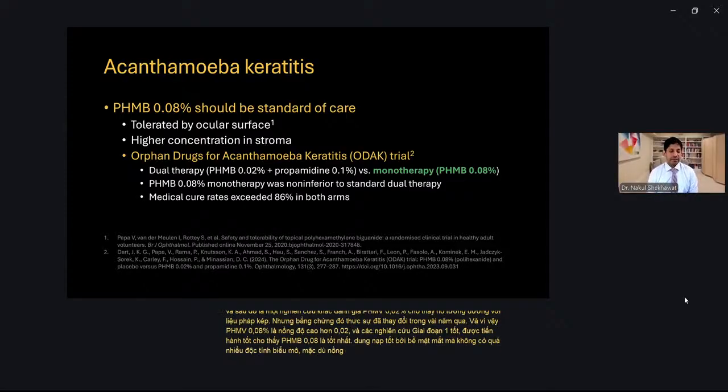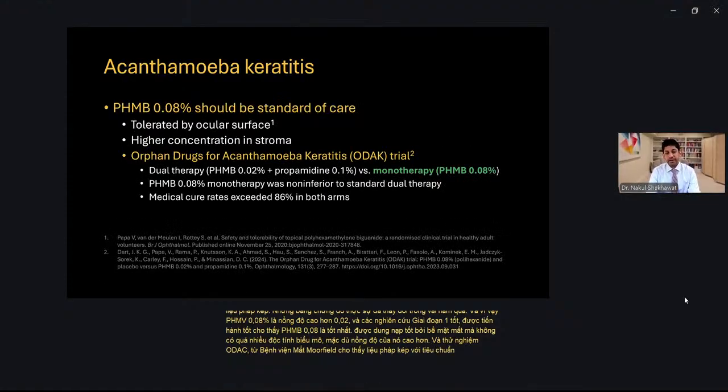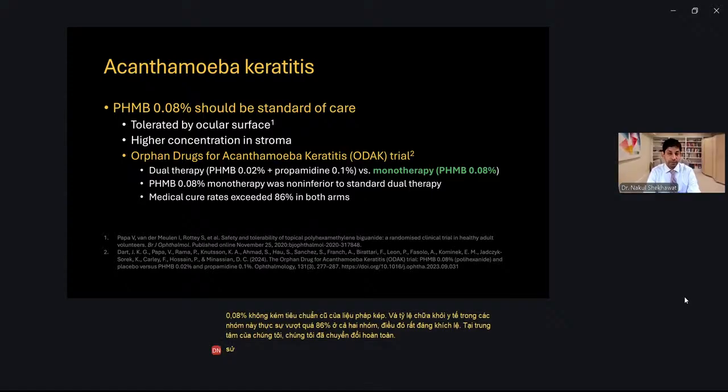And the ODAK trial out of Moorfields Eye Hospital showed that dual therapy with the old standard of PHMB 0.02% and propamidine was equivalent to monotherapy with PHMB 0.08%. So PHMB 0.08% was non-inferior to the old standard of dual therapy. And medical cure rates in these cohorts actually exceeded 86% in both arms. So that was very encouraging. So at our center, we've switched over completely to using PHMB 0.08% monotherapy as the first line of treatment for